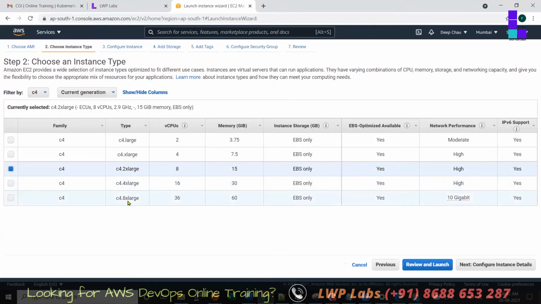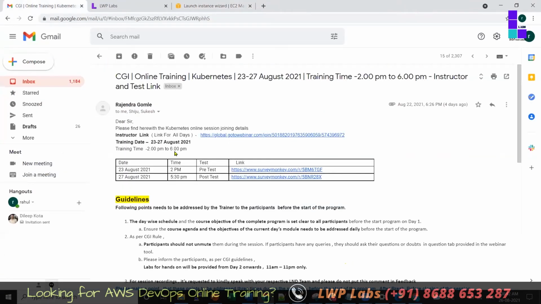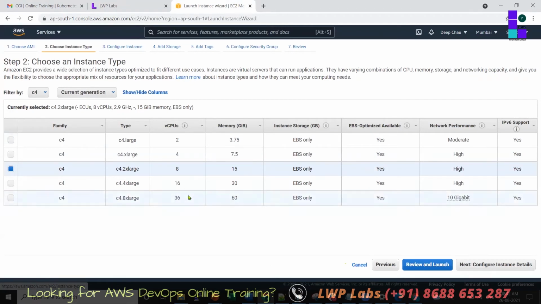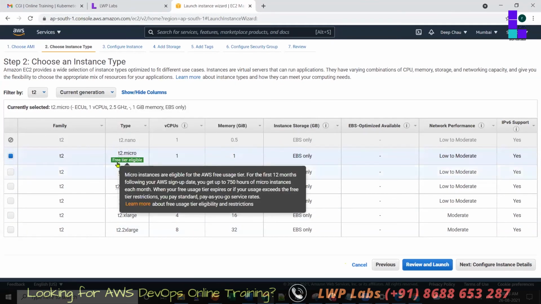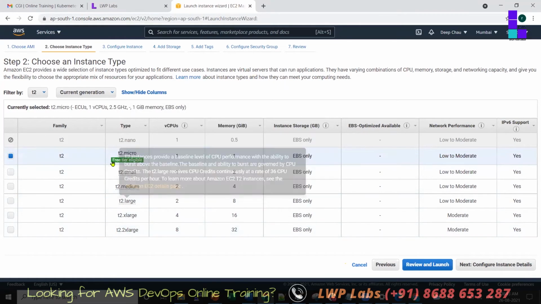Or if you are working for a bigger environment, like a Kubernetes environment, as we will study in Kubernetes, we will not select T2 Micro in a company. Like I'm giving training for CGI. I am not using T2 Micro because this is a corporate training. I asked my vendor to create a bigger machine, T2 2X large for all of them. But here, we are in the B2C, business to consumer model, so we will always be in free tier. It's not a company, the company will pay. So select T2 Micro. Do not select any other because it is free.